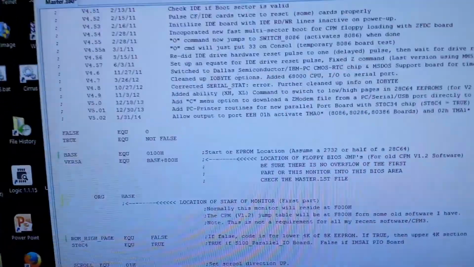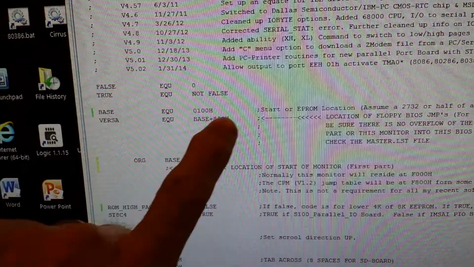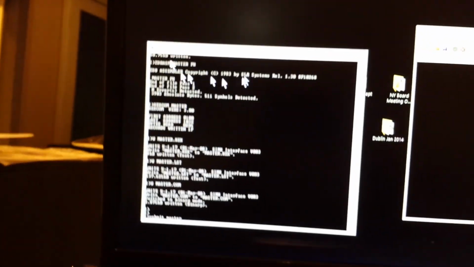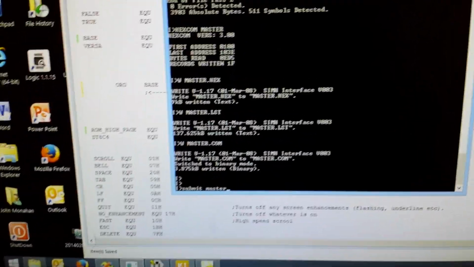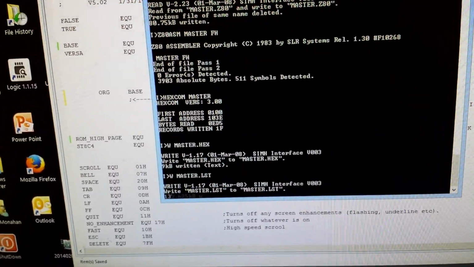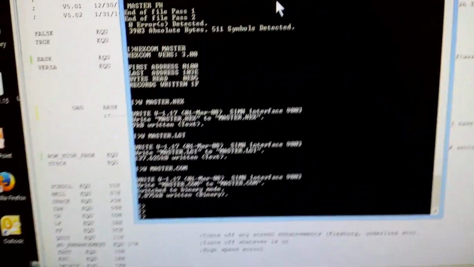we can use an example here. The example I'm going to use is the actual monitor where I've actually addressed it at 100H in ROM, and I can assemble that by using the CP/M emulator on the Windows and using a submit file. We'll assemble that, and we now make a .com file,